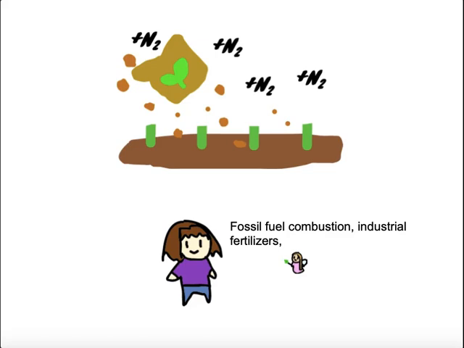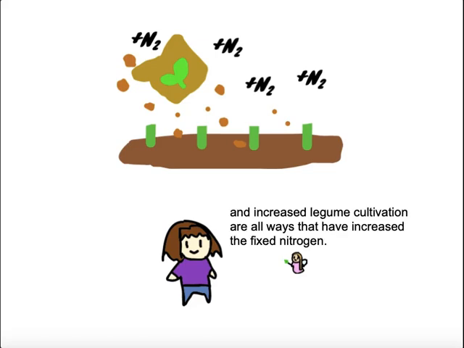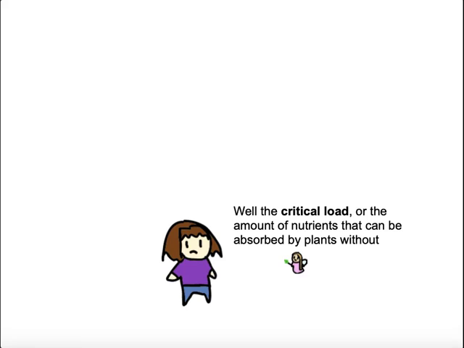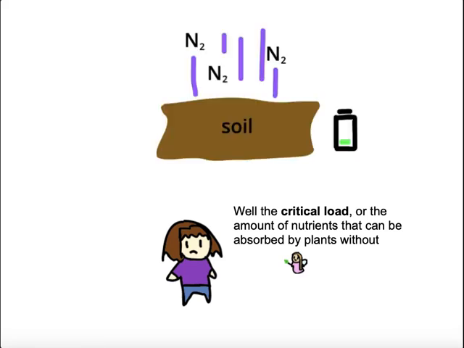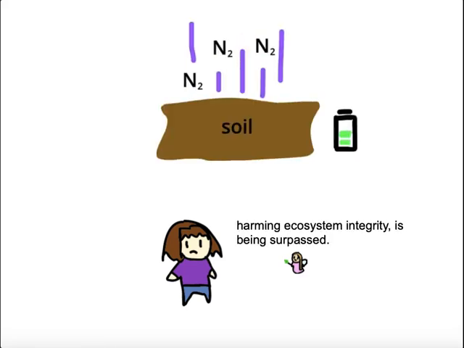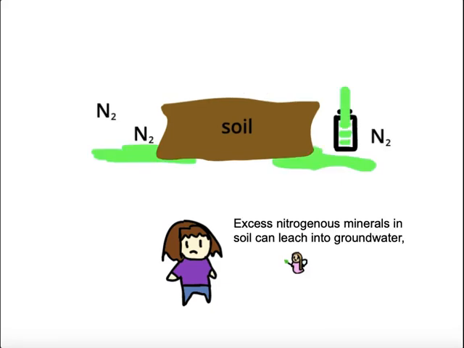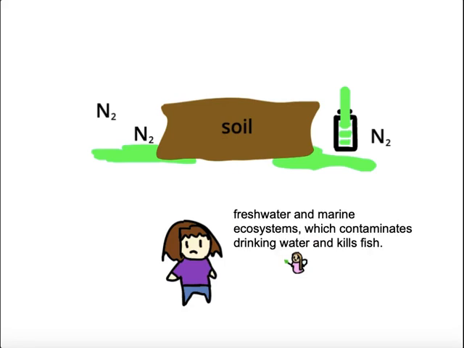Fossil fuel combustion, industrial fertilizers, and increased legume cultivation are all ways that have increased the fixed nitrogen. But what's the problem with excess nitrogen? Well, the critical load, or the amount of nutrients that can be absorbed by plants without harming ecosystem integrity, is being surpassed. Excess nitrogenous minerals in soil can leach into groundwater, freshwater and marine ecosystems, which contaminates drinking water and